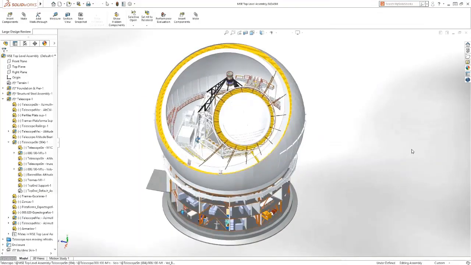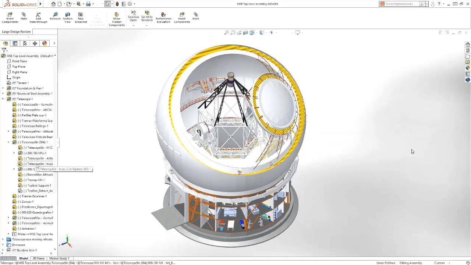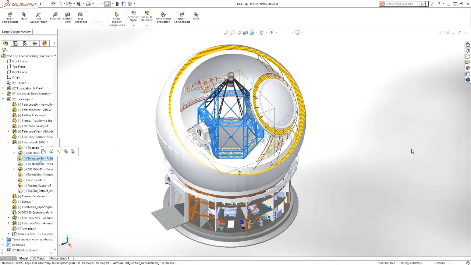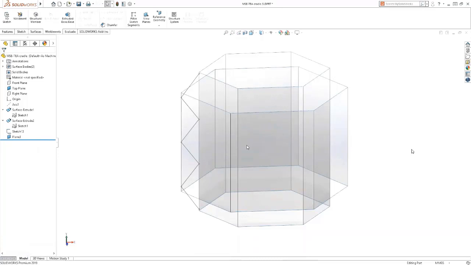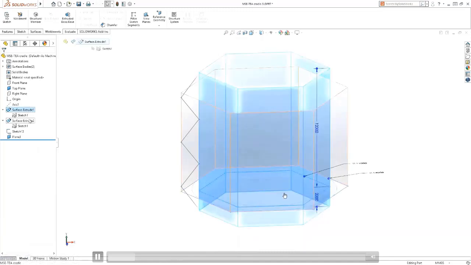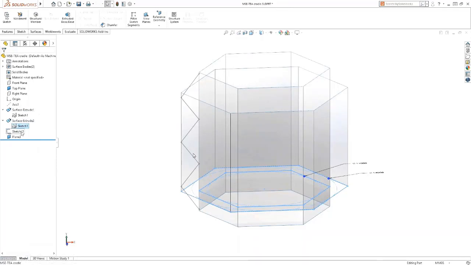Weldments are a key feature of many designs, and SOLIDWORKS has long been an innovator in providing tools to create weldments, such as this structure to support the telescope and the Mauna Kea Spectroscopic Explorer. Let's take a look at how this structure can be created in SOLIDWORKS 2019. The definition for this new structure does not contain a 3D sketch. Instead, it's defined with much simpler surfaces, sketches, and planes to make it easy to define the layout of the